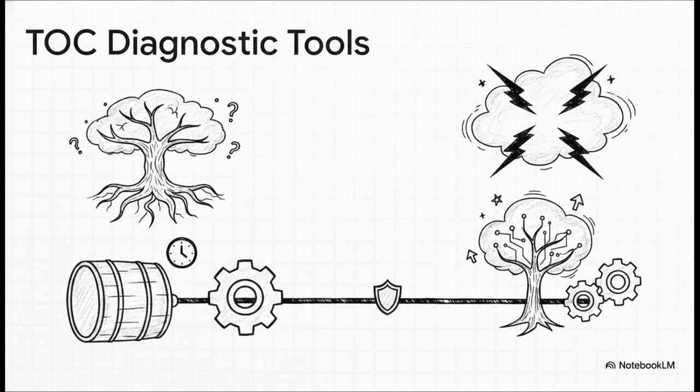Now, to make this cycle actually work, TOC brings some heavy-hitting diagnostic tools to the table. You've got logic tree tools, like the current reality tree, to trace those nasty, undesirable effects right back to a root cause. There's the evaporating cloud to surface hidden policy conflicts. And out on the actual production line, it uses drum buffer rope scheduling. This paces the entire line to the constraint. It's literally like the constraint is a drum, beating out the rhythm for the entire factory.